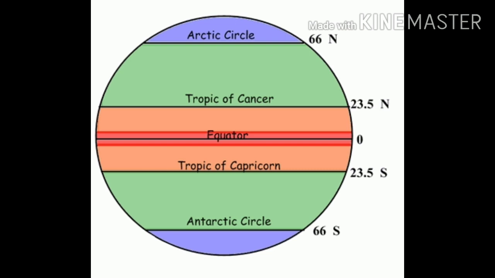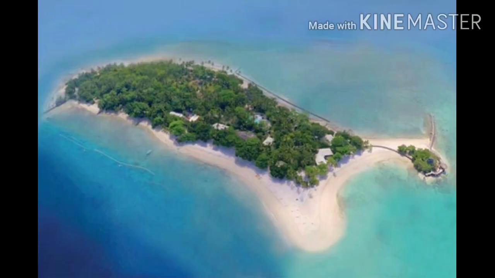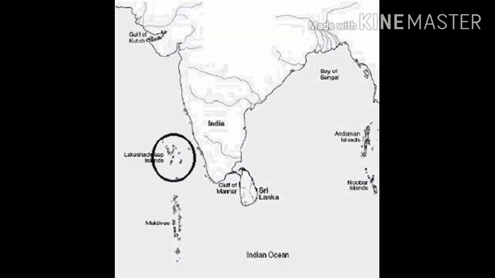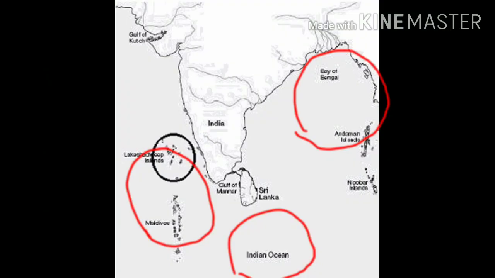Okay, listen, let's go to the island. Island, a piece of land surrounded by water in all sides is known as island. Okay, like this. So now let's know about the peninsula. Okay, an area of land surrounded by water on three sides is known as peninsula. This is the picture of Indian peninsula. India is surrounded by water in its three sides. Here it has Bay of Bengal, here Indian Ocean and here Arabian Sea.